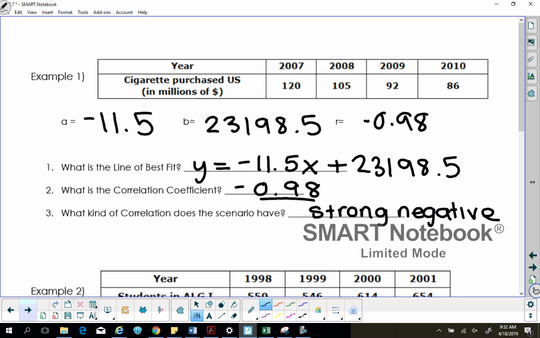That means the more years, the fewer cigarettes purchased. Does that make sense? All right, so you're going to try